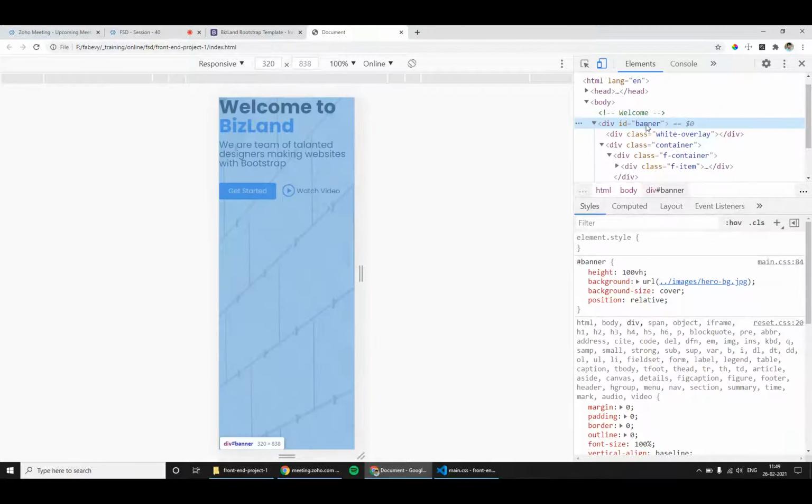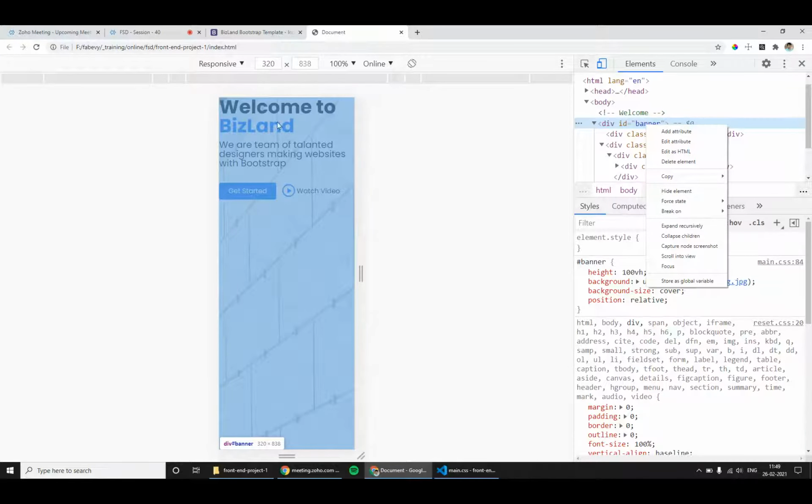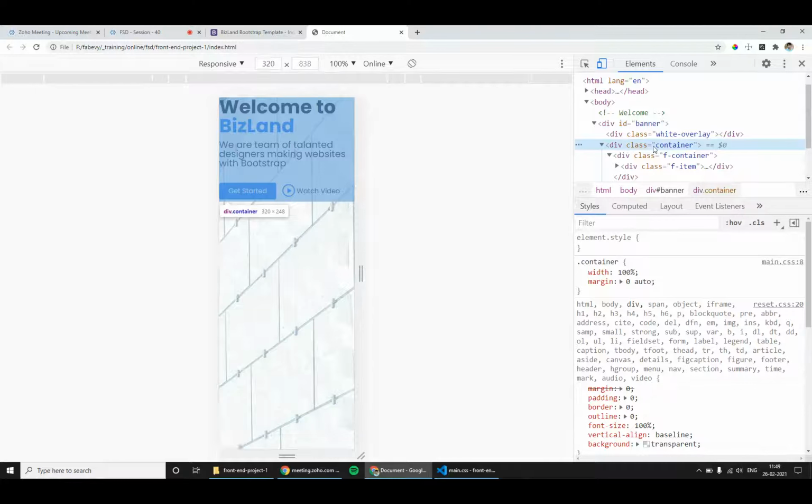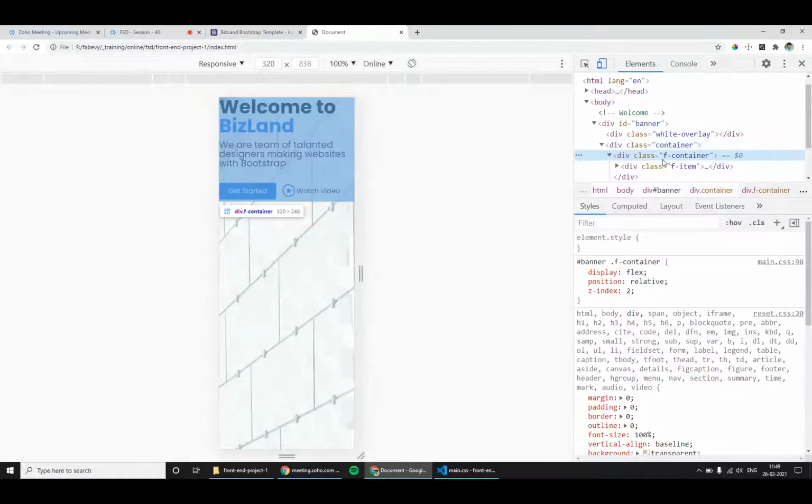If I hover on my banner, it occupies 100%, but my container is not occupying 100% of my screen size, and the flex container is also not occupying 100% of my screen size.